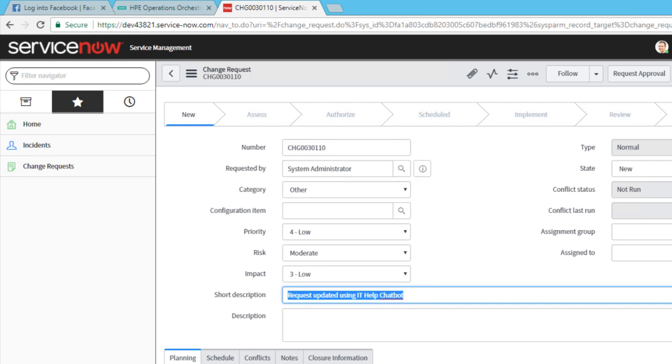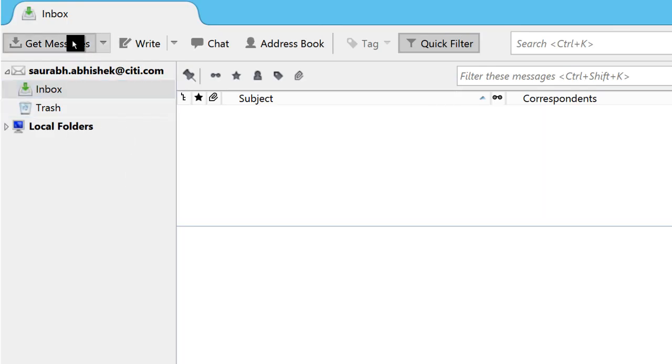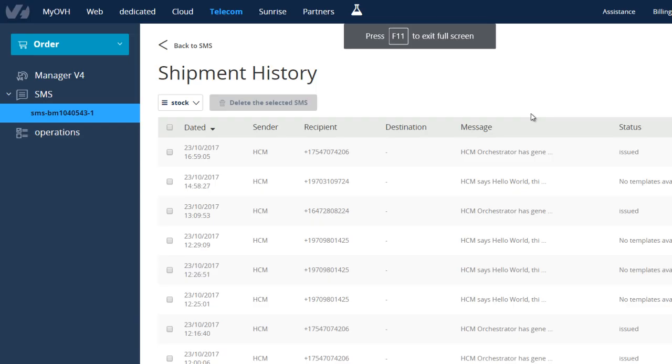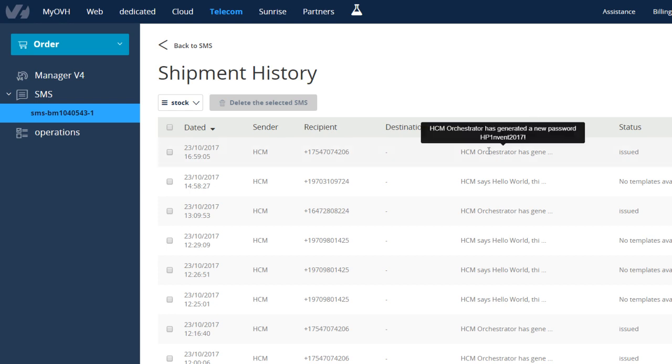If I go now to my email and get the message, I will be able to see a new password sent on the fly by the bot in order to get my new password generated. It also sends a text message to my phone with the new password.